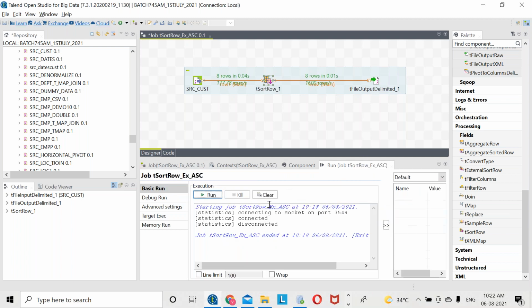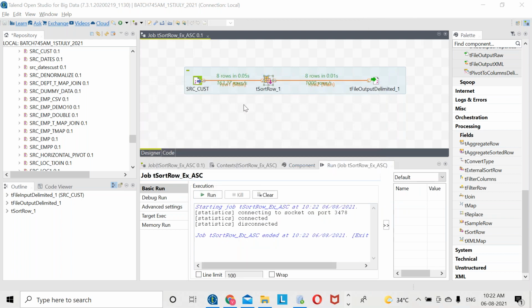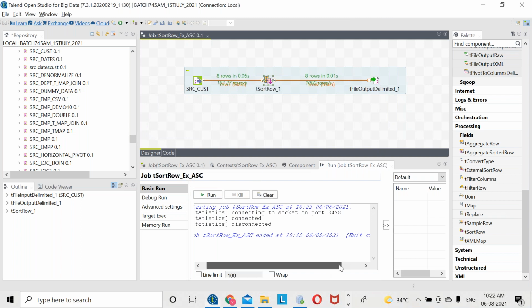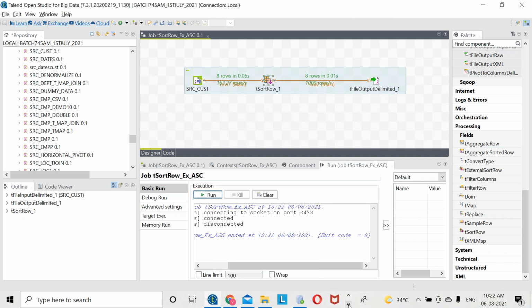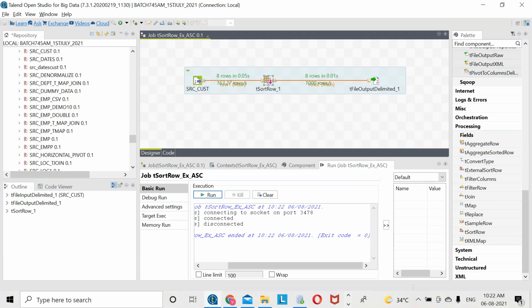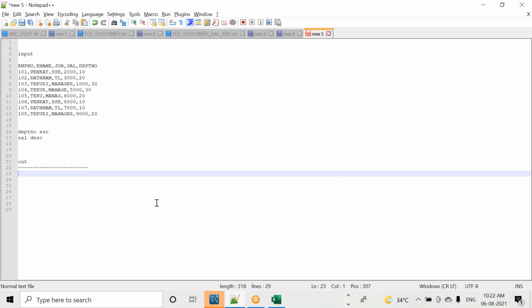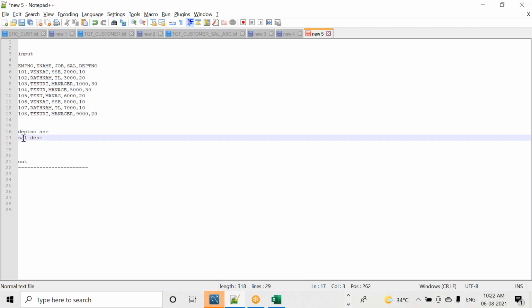Okay, so let me run the job. Only one. Let me run the job. So my job is finished. So tell me guys, one person, how will the output come? I have run the job. I will show you the output, it is ready now. What is your estimation? Before opening that output, I want to write the output here. Tell me how the output will come. I want DEPT number ascending order, salary descending order. My design is ready. I have executed it. My output is ready there.